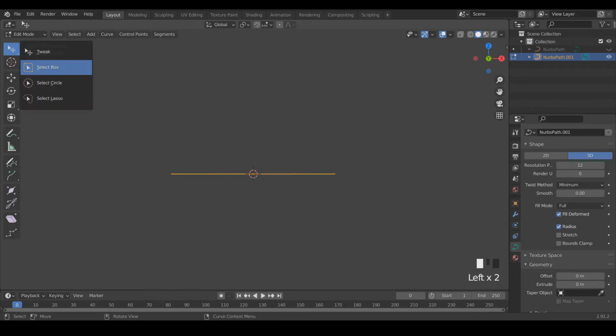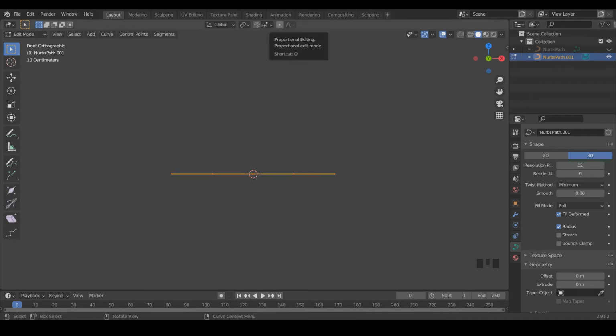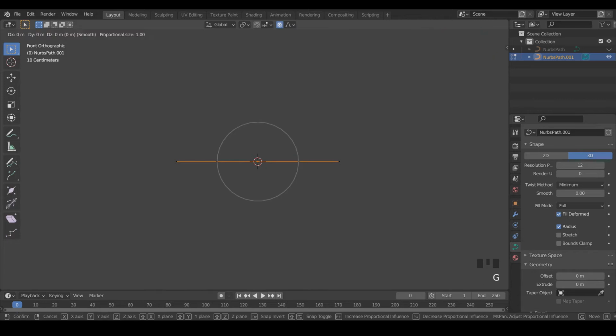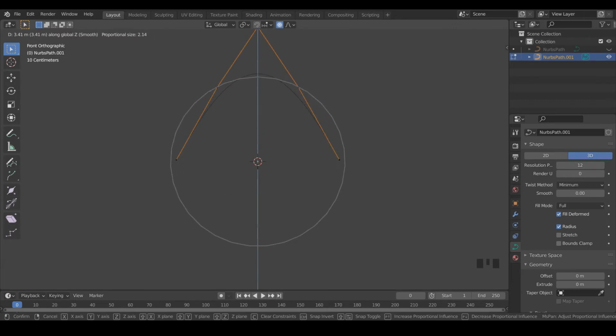And this time I'm going to use the select box and make sure that proportional editing is turned on. Then I'm going to grab this center vertice, and by hitting G and then Z on our keyboard, I'm just going to move this up and use my scroll wheel to increase the influence.